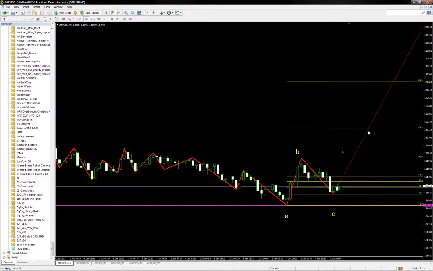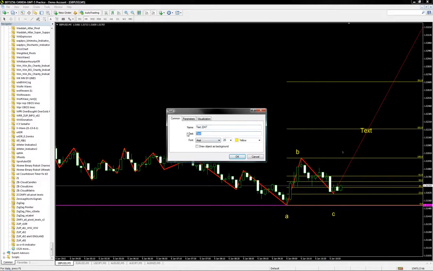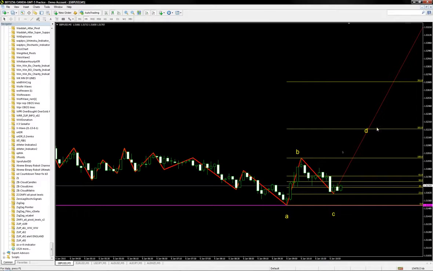Okay, so we have A, B, C. So where do we think price is going to bottom out or top out at? Would be 161.8. 161.8 is your key number here. So we can plot D